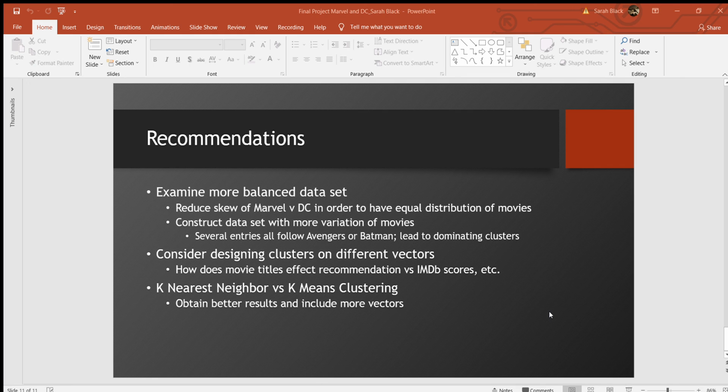So that factors into my very last bullet: I started doing some research these past couple weeks and learned that k-means is not always the best to build a recommender clustering algorithm, especially if you have multiple variables. However, k-nearest neighbor can handle that, and there are several papers and studies right now trying to build a movie recommender using k-nearest neighbor, because it has added accuracy and detail over k-means clustering.